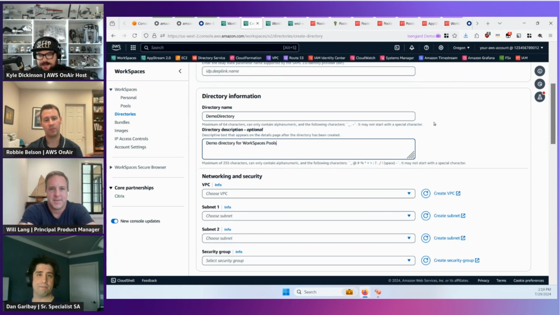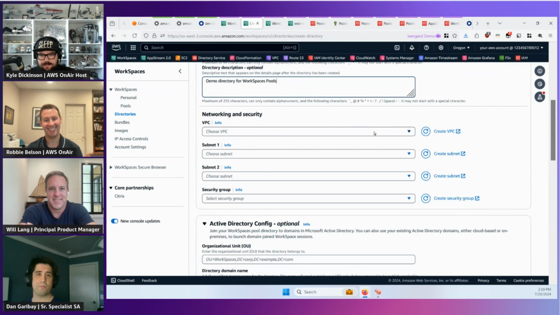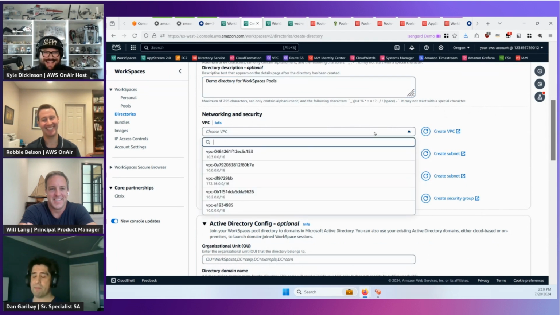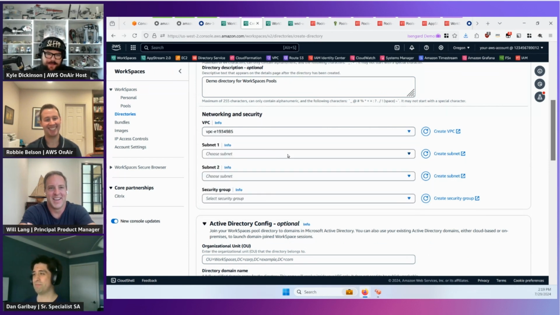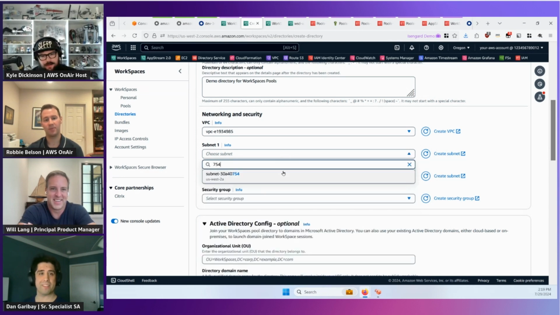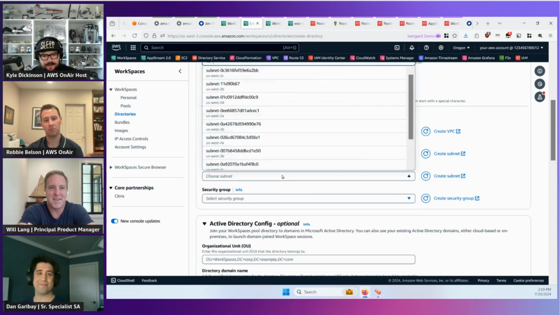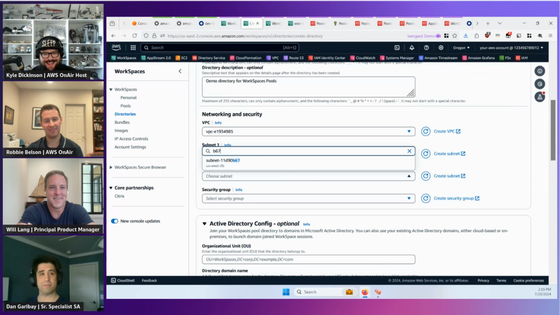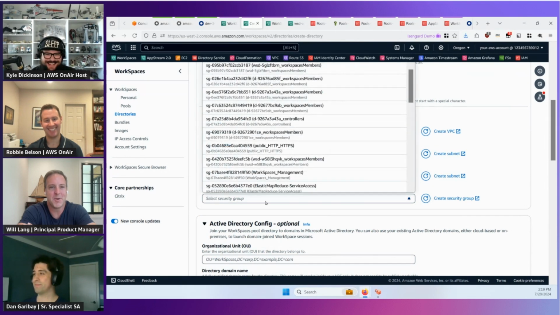Typing live in front of thousands of people is never a nerve-wracking moment, just by the way. Right, exactly. Typos are 1,000 times more likely when someone's looking at what you're typing. But this is what makes demos fun, and especially AWS OnAir, because perfect is boring. Exactly. I would be fat fingering everything.